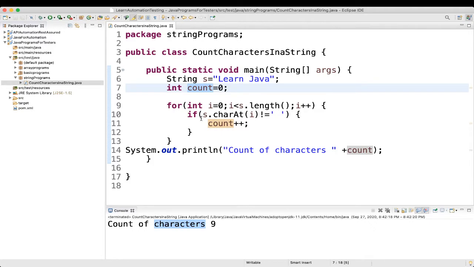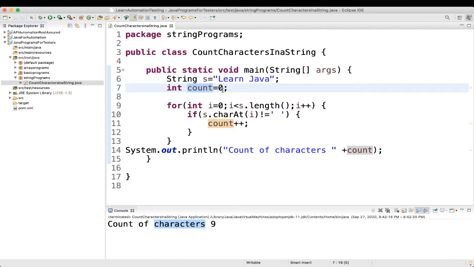If s.charAt(i): charAt is a method which will return the character at the specified index in a string. We'll take the 0th value. In the 0th position of "learn Java", L is there, right? So if it is not equal to a space, then count plus plus, which increases the count.